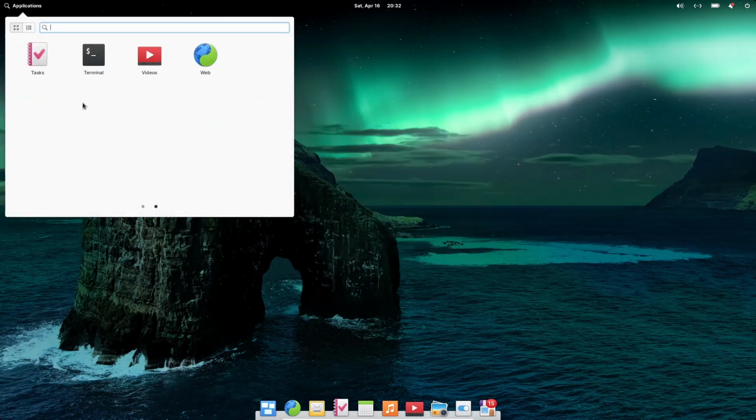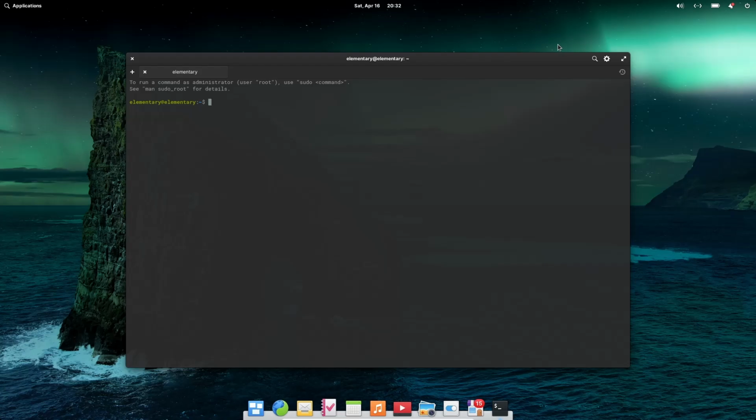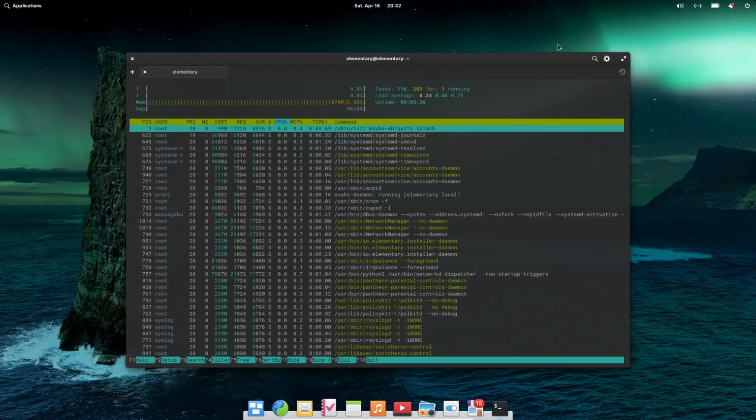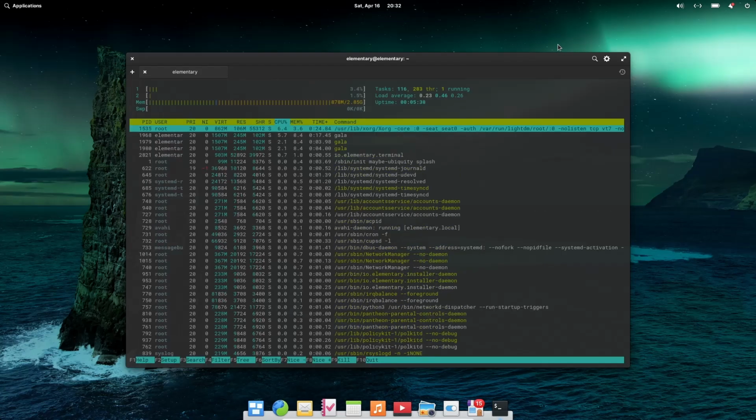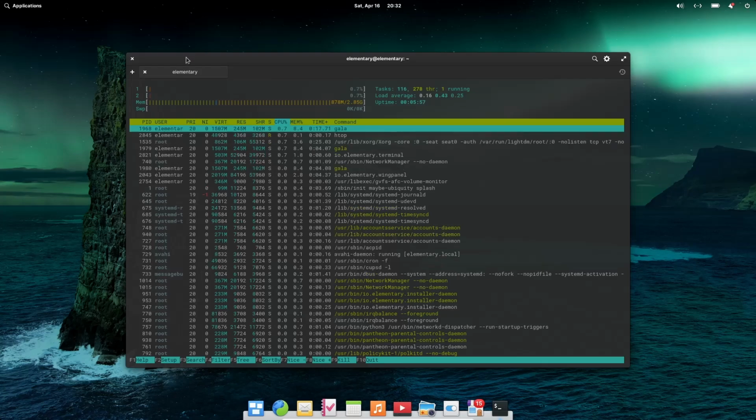And if you scroll over a page, you've got your terminal, videos, you've got your web. And let's go ahead and open up the terminal, because what I want to see real quick is if they have HTOP. And they do have HTOP out of the box. Now the Pantheon desktop environment is using about 870 megabytes at rest of the 3 gigabytes I have issued to this machine. So it's a little heavier than your XFCEs and things like that, but it's still probably lighter than GNOME in my opinion. If you've got a different take on it, let me know in the comments below.